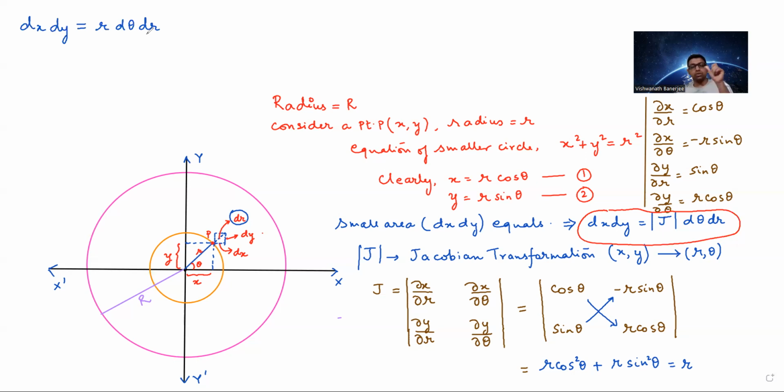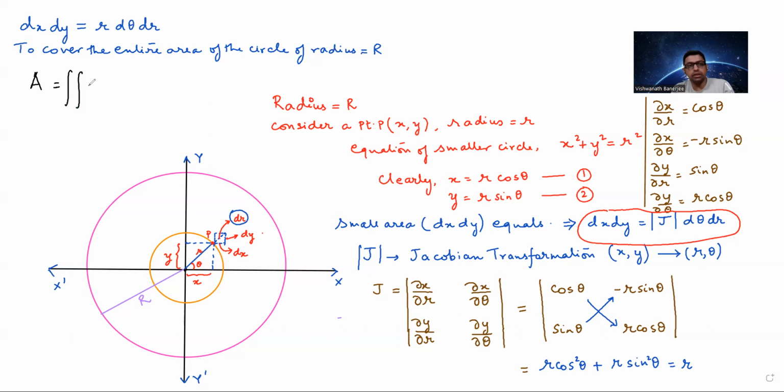So we have found out what x and y are. We have converted that into the polar coordinates r and theta. Now, to cover the entire area of the circle of radius equal to capital R, which is our main circle for which we are trying to find the area, the limits would be, so the area A,